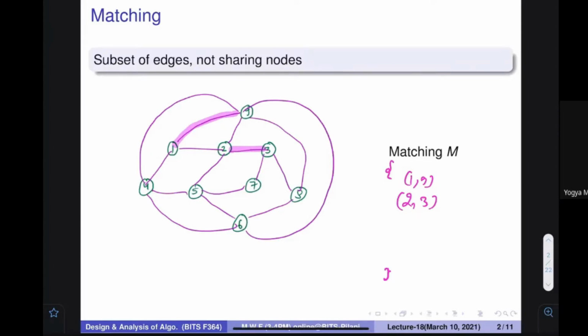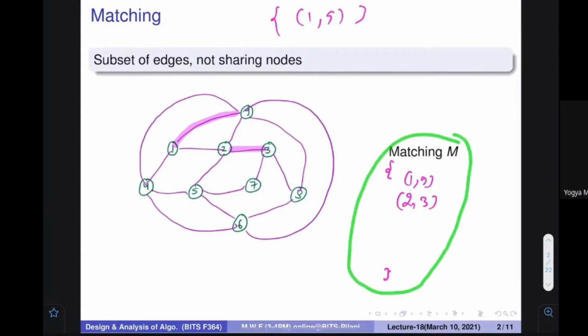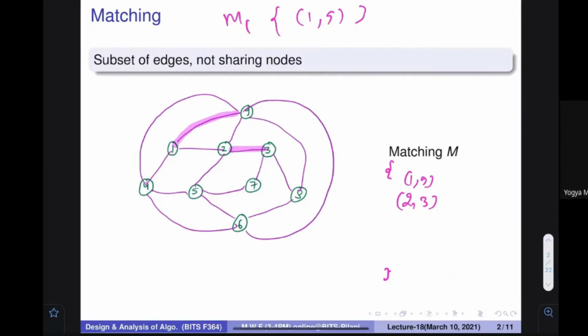So the first one that we just constructed, 1 9, is also a matching. And the second one that we have now, 1 9 and 2 3, is also a matching. Let me call the first matching M1 and this one matching M2. If I say M1, it means how many items are over there. Similarly, if I say M2, how many items are in M2. Definitely, you can say that M2 has a larger number of items. So this kind of relationship exists. All right, very good.